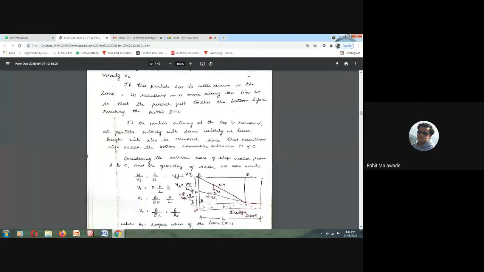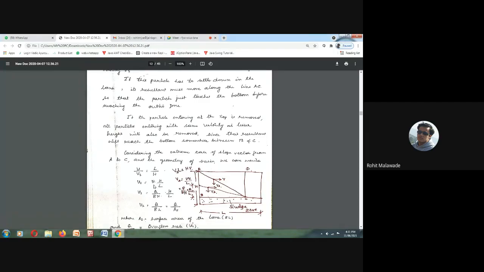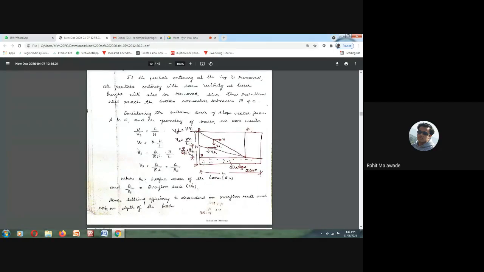Now, here we have seen that v is equal to vs. So this is what your v is, and vs is your settling velocity. So v divided by vs gives you L, length L, and h is your height. So v divided by vs is equal to L divided by h. So vs is equal to, if we take v to this side, v into h by L.